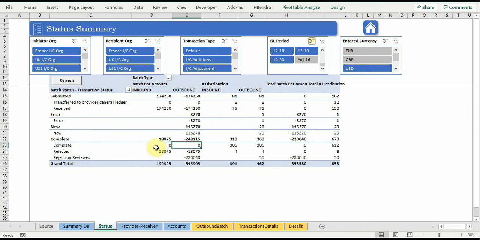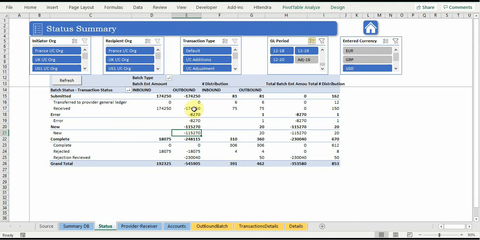So now here the amount, you can see that the completed is showing 0. Here is how it needs to be interpreted: you will have a debit and credit side, and if both of them are the same for one particular inbound or outbound transaction, it will be 0. When it comes to the new transaction, only outbound has performed one transaction, so only distribution is entered here. The receivables line or payables line is not generated until it has been completed by the recipient. So we'll see only a single-side impact.